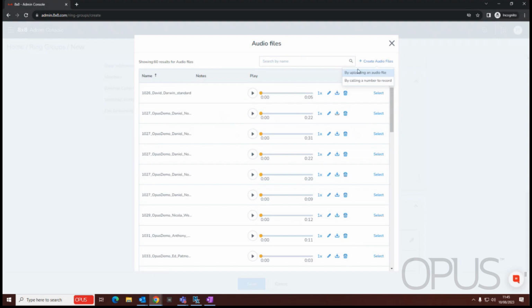If we needed to upload a new audio file, so say we've recorded a file locally on our PC and we want to upload that, we can just choose this option to browse through our desktop. Or if we wish to record a new one now,